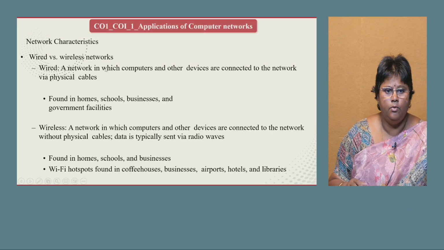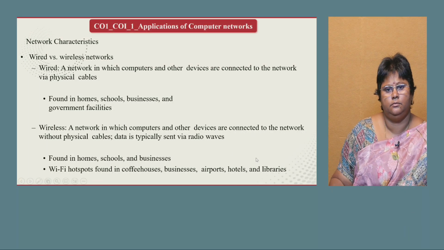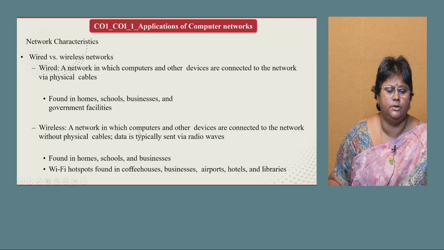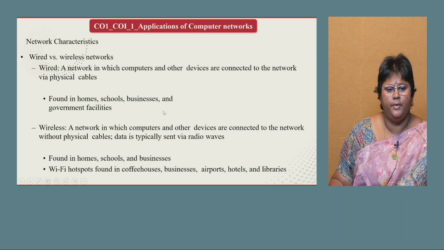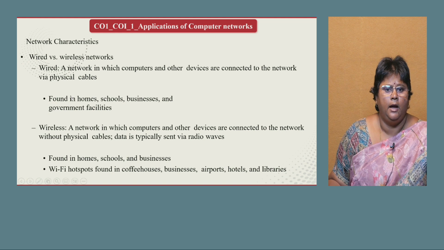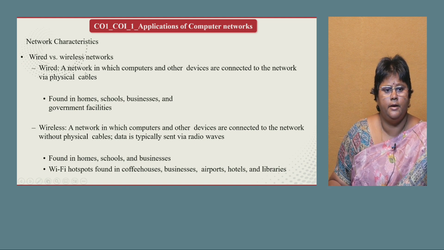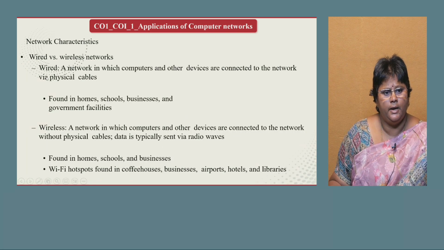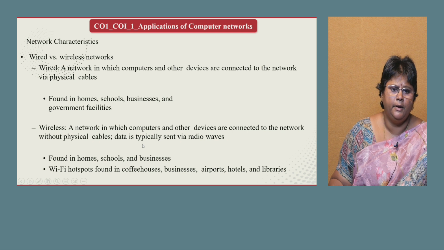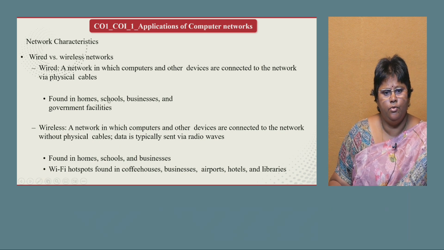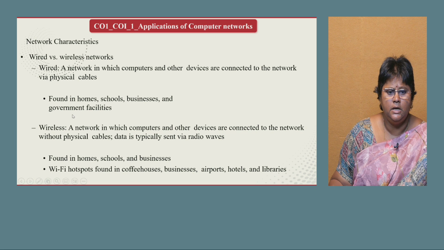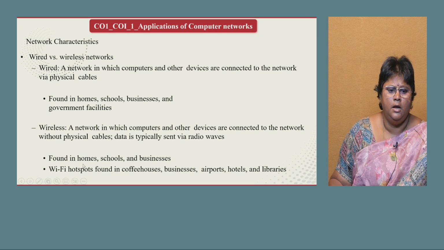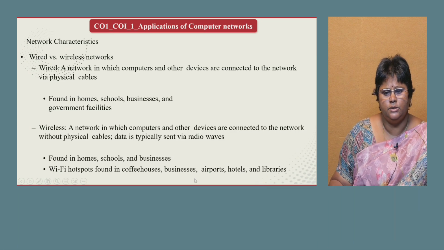So as we go into the structure of computer networks, our networks have some characteristics, and these characteristics are called wired and wireless characteristics. So the networks will have either a wired network or a wireless network. Wired networks will be found in homes, schools, businesses and government facilities, and wireless networks will be found in homes, schools and businesses. Along with that, they will be found in Wi-Fi hotspots like coffee shops, business, airports, hotels and